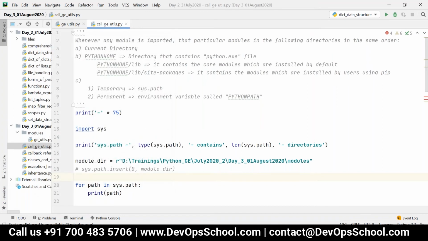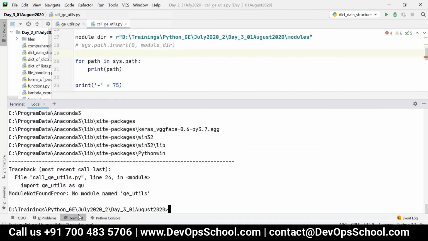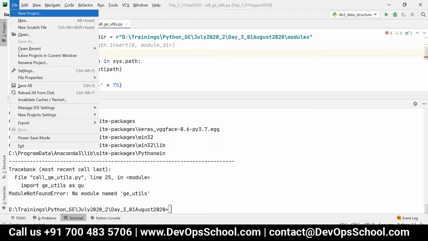So now what will happen if I execute the script? So still I am getting the error, because if you create any new environmental variable, or if you change any existing environmental variable, your PyCharm needs to be restarted.